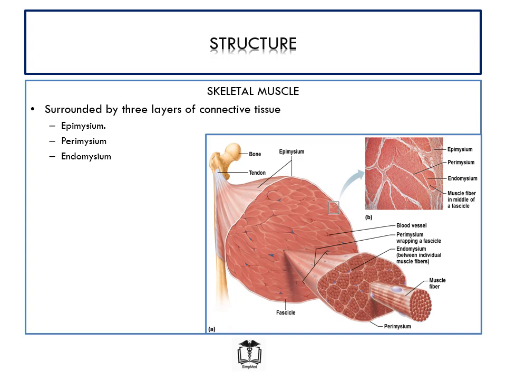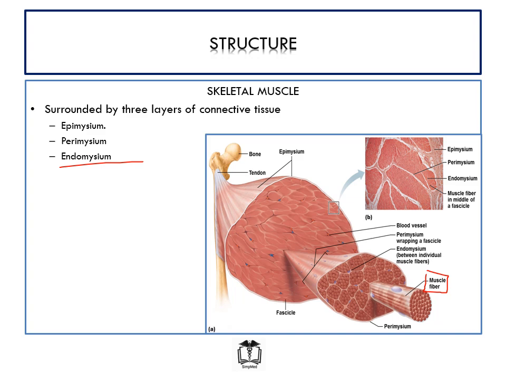When we have a collection of myocytes, as shown here, a collection of myocytes gives us a muscle fiber. So a muscle fiber is a collection of myocytes, and these muscle fibers tend to be wrapped around by a connective tissue. The name of the connective tissue that wraps around the muscle fiber is known as the endomysium. So that's the first step. Then we now have a collection of different muscle fibers